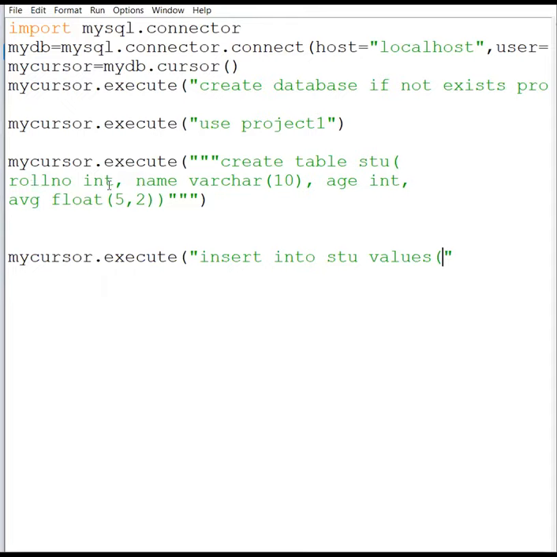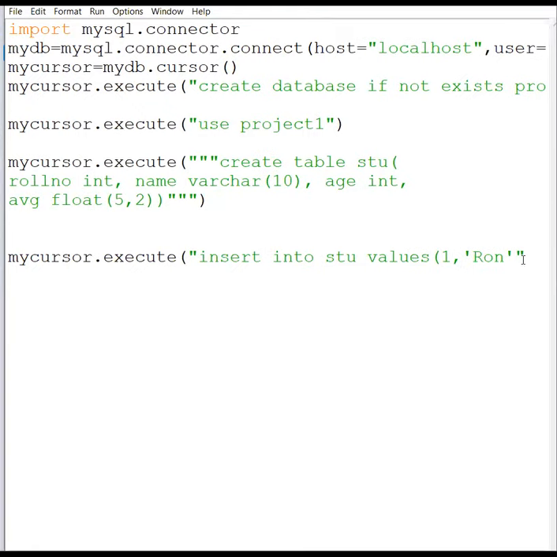Now you can see the first value is of integer type, roll number. The second value is name, so I'm writing anybody's name over here, suppose Ron. Then after that, now see, we are facing one problem. Here also I'm writing in double quote, here also I'm writing in double quote. It will not work. So this information you can write in single quotes, okay, so that it will work.